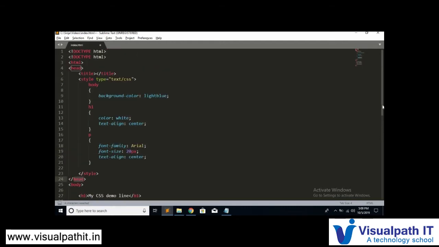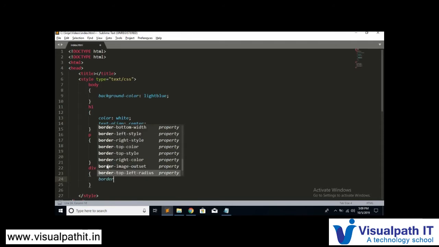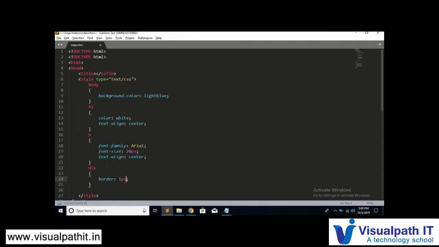So it's inside the head section and inside the style tag. For giving an internal style to any tag, we'll type the tag name, so div. Now in this I will give some border: border of 1 pixel dotted, and the color, we can't give blue, right? So let's give black.